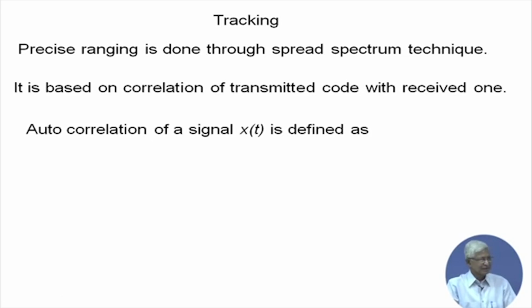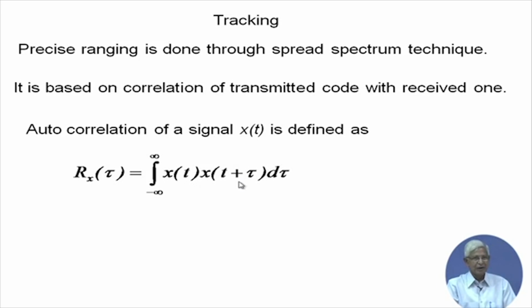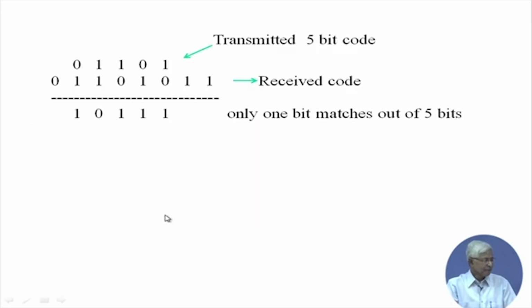A simple way of finding it is that you have an autocorrelation signal, that is x(t), and x(t) gets delayed by tau. The locally generated code, which is already stored, is shifted by the tau amount, that is in terms of delay tau, and then you get the autocorrelation proper. Now I have shown it as a summation, it is a continuous process, but it can be digitized also.